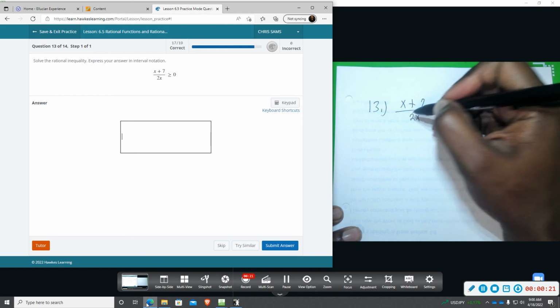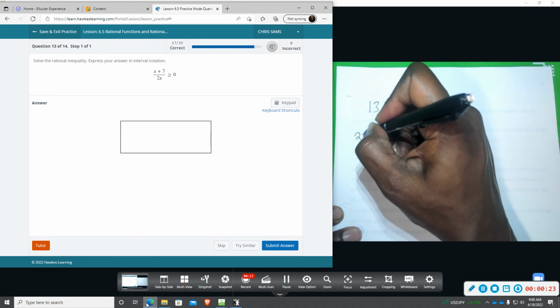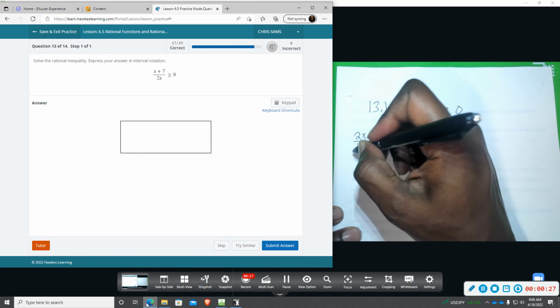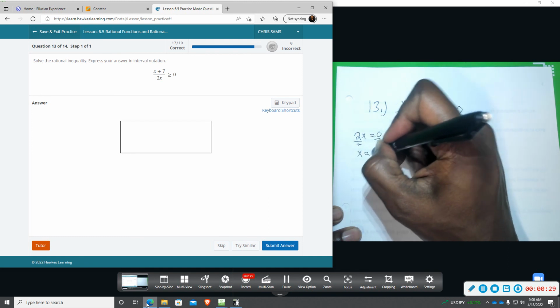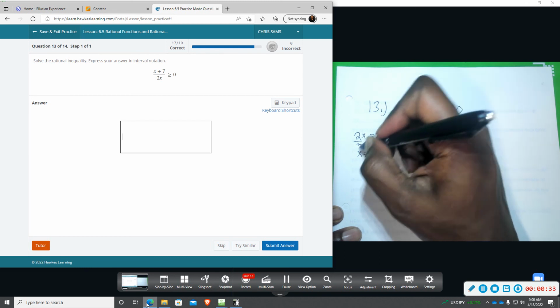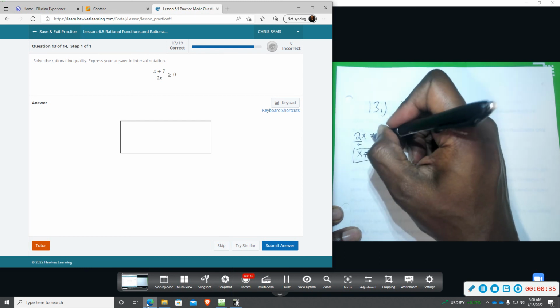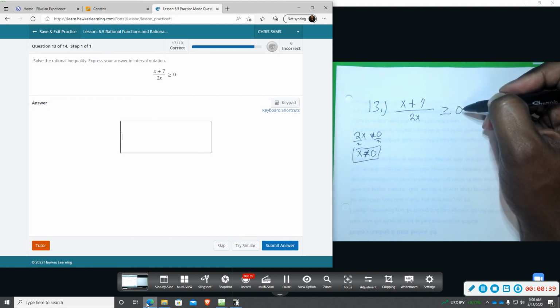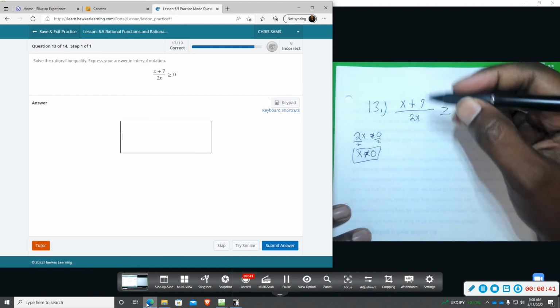We're going to find out what makes the bottom 0. So we have 2x equals 0. If you divide by 2, that's going to give you x equal 0, or not equal to 0. X cannot be 0. That's coming from the bottom. And then, since we have 0 on this other side already, whenever we try to solve this expression,